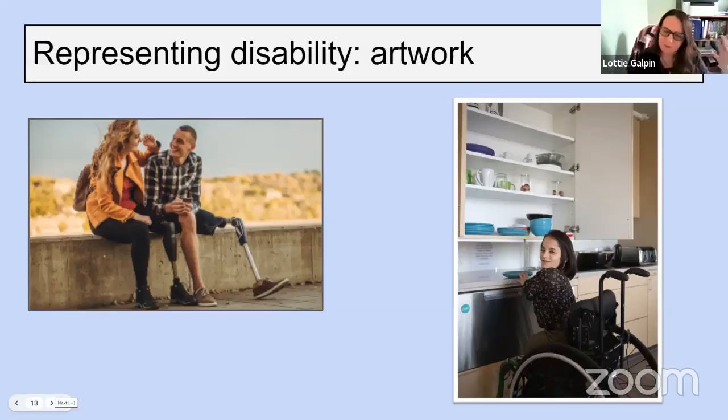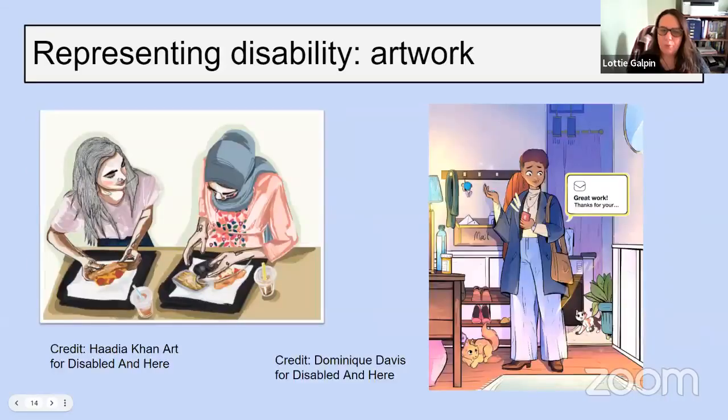Okay, so getting back to where we were, we can represent disability quite overtly like this, or we can represent it more implicitly in the background of images. So we've got two images here from this site, which I absolutely love, Disabled and Here, which is a great one if you're a teacher. So this image here represents someone with diabetes, checking their insulin levels, and you can just see that they're in a natural everyday situation, and that representation of disability is very subtle, but also realistic and authentic.